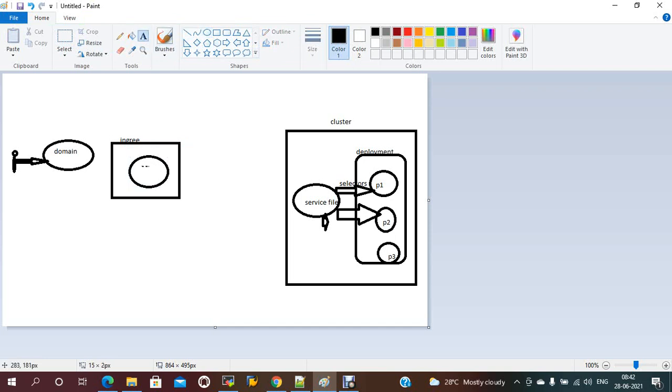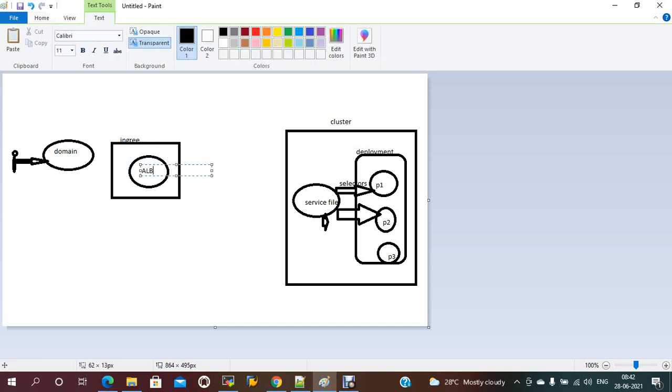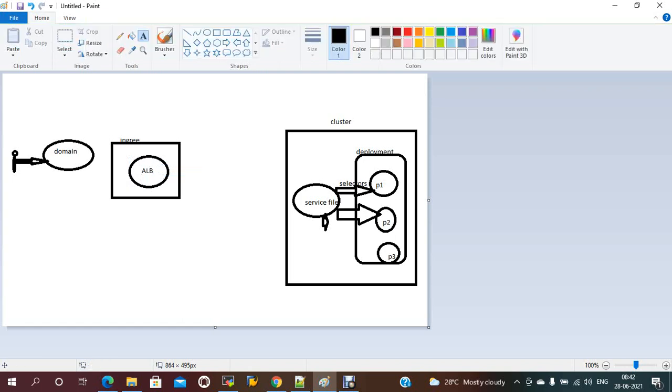This ALB load balancer will match with this service load balancer. By default the classic load balancer is provided if we don't provide an ingress file.